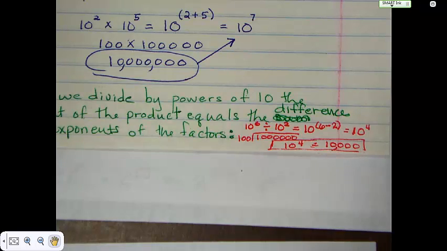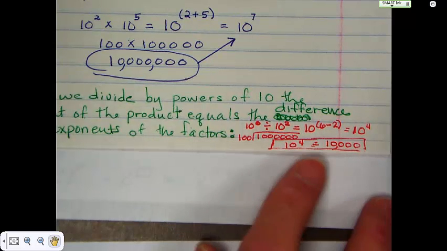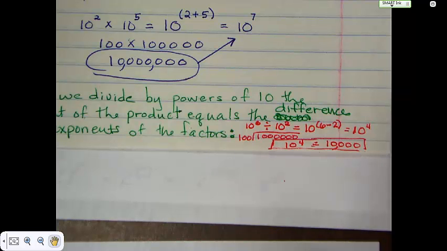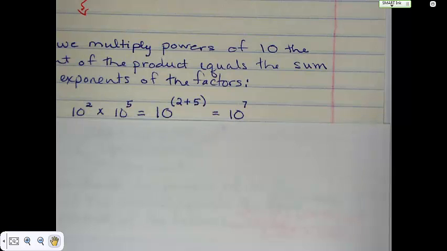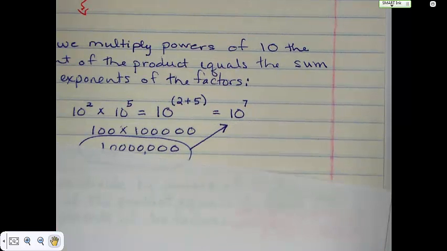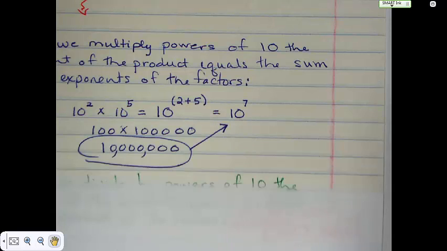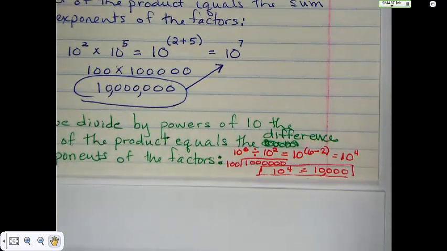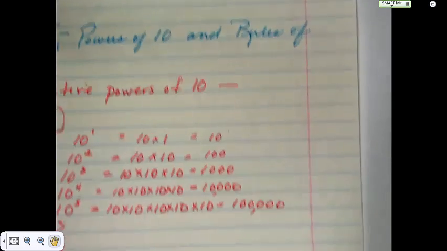And if you actually do the division, 10 to the sixth divided by 100, you end up getting 10 to the fourth. This is just a shortcut way to do it without having to deal with all of those zeros. So remember, if you are multiplying, you're going to add the exponents. If you are dividing, you are going to subtract the exponents. Pretty simple rule, not too hard to understand. Okay, let's take a look at